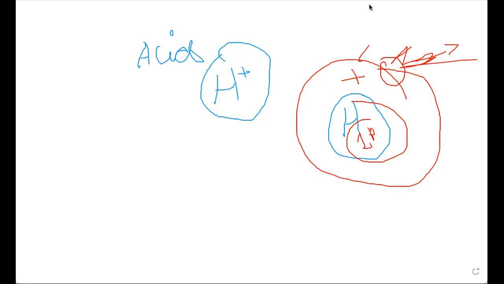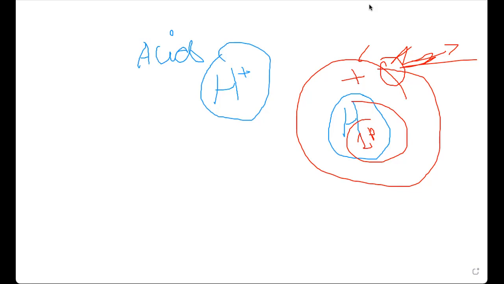And what does H plus ion have in it? Nothing except one proton. So H plus ion is also called a proton. So proton is something which is fixed. You cannot donate a proton. Every element can gain or donate electrons, but there is no element which could donate a proton. The number of protons cannot be changed.